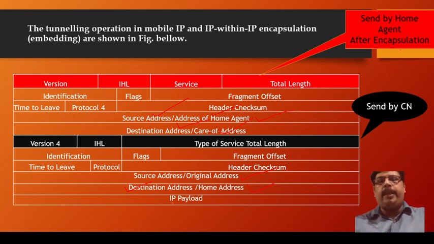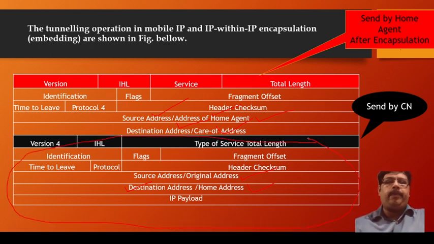I will repeat the things again so that it does not confuse you. First, what happens when the datagram is sent by the corresponding node? This will be a datagram or a packet, and its source address will be the original address from where it started, and its destination address will be the home address, meaning the address of the mobile node which is assigned by the home agent of that particular network. As it is in a different network,